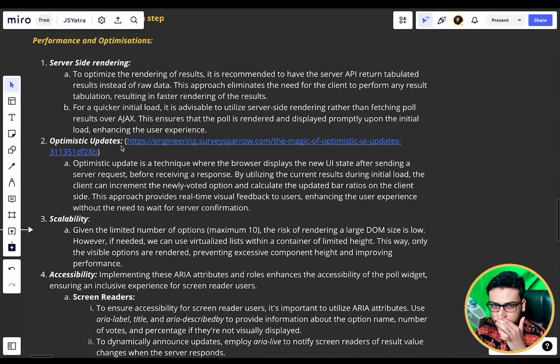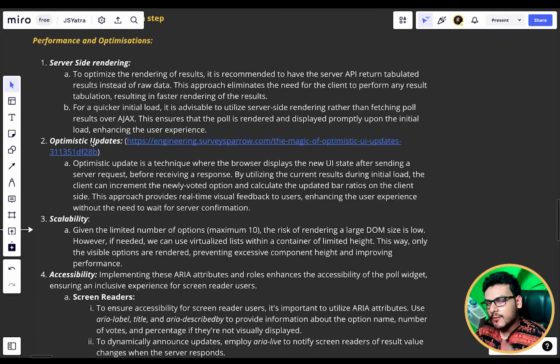So if you have watched the first video, we talked about optimistic update. Talking about the poll widget only, if someone polls on something, they directly show this updated UI already. If you have polled for option B, then option B will be marked as voted, and will not wait for the backend API to confirm whether this request was successful or a failure.